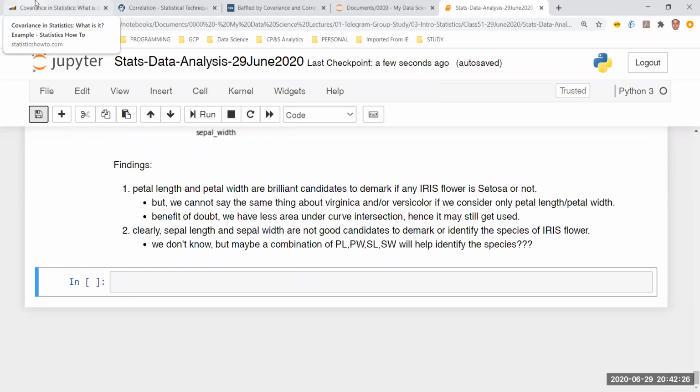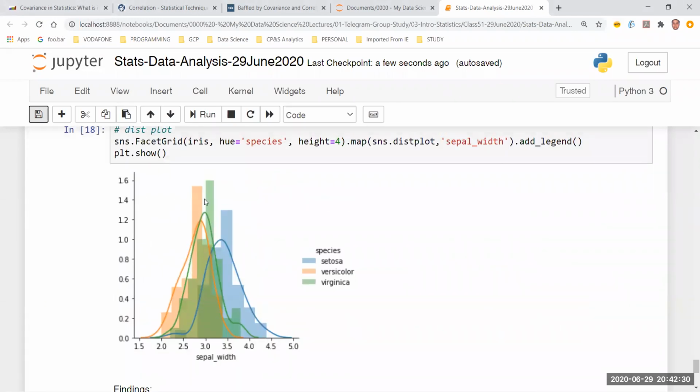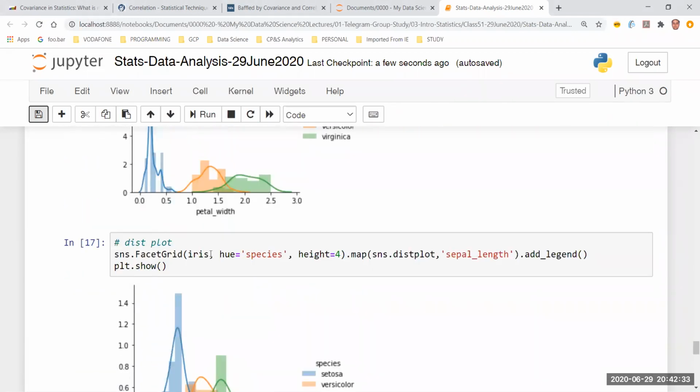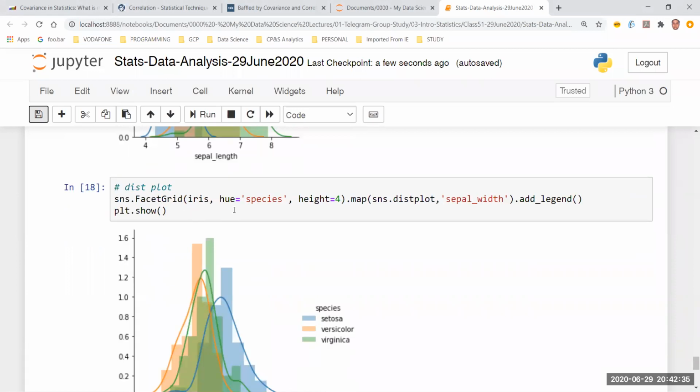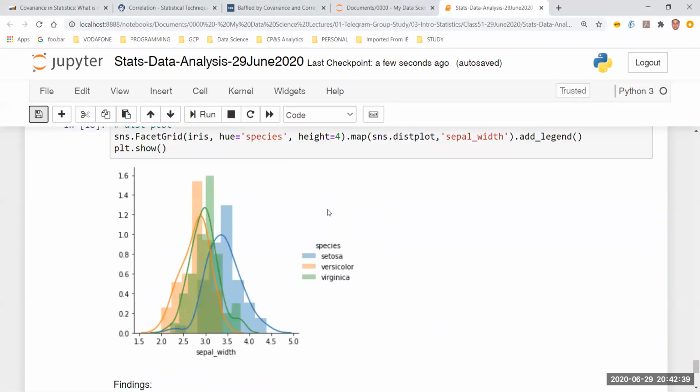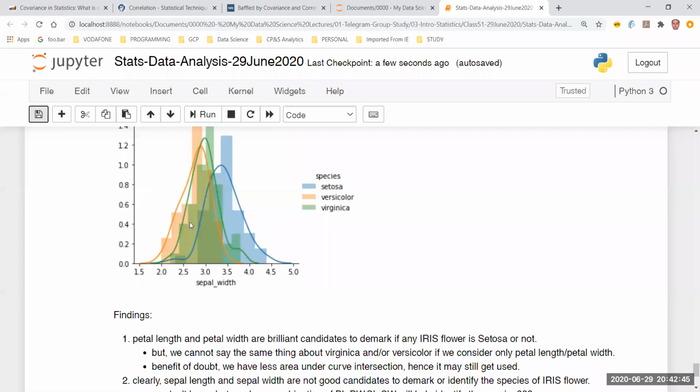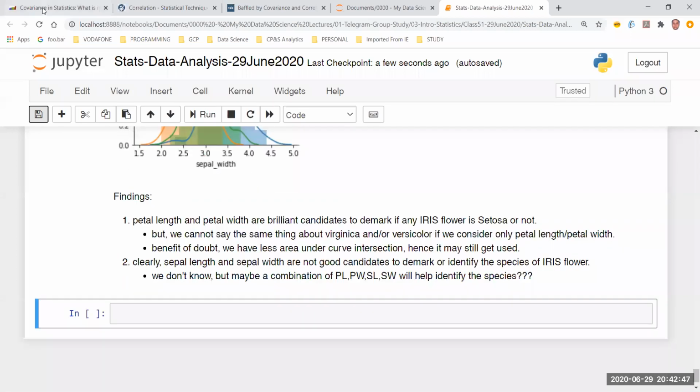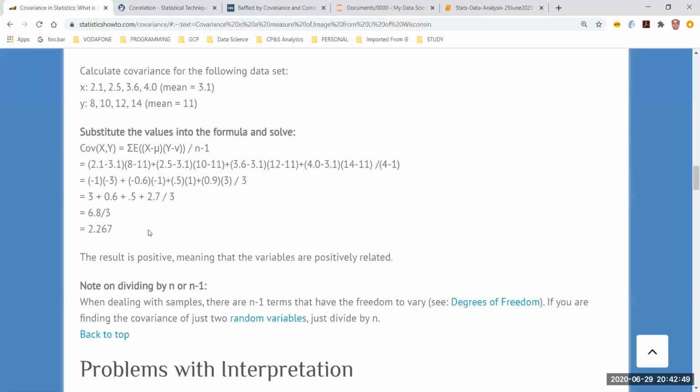We were looking at two concepts before we move ahead. And before we looked into those two concepts, we looked into the distribution plot of each of the four features in our data, to identify what kind of bifurcation factor or demarcation we can find to identify the species of the iris flower. Now let's try to complete what we were doing.